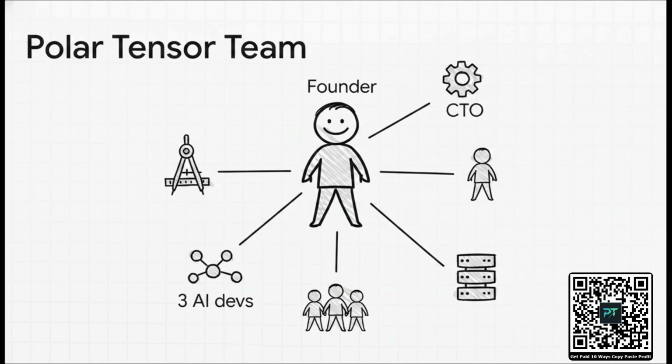To actually hit that massive 2027 goal, they've put together a highly specialized team. Beyond the founder himself, the core group relies heavily on quantitative talent. We're talking about a chief technology officer, a dedicated mathematician, 3 AI data scientists, and a full DevOps team. It's very heavily tilted toward data and mathematical expertise.